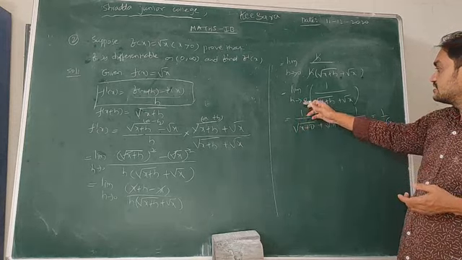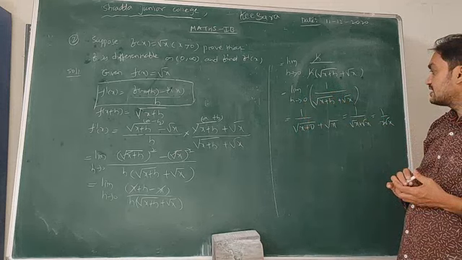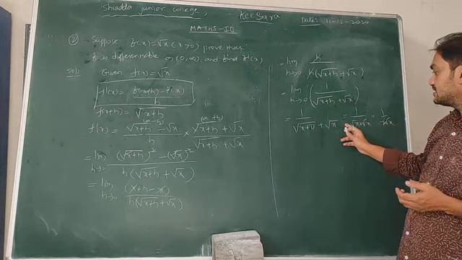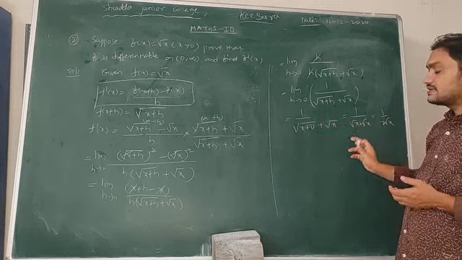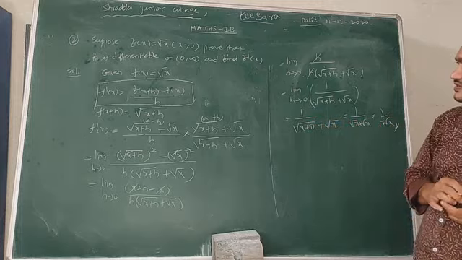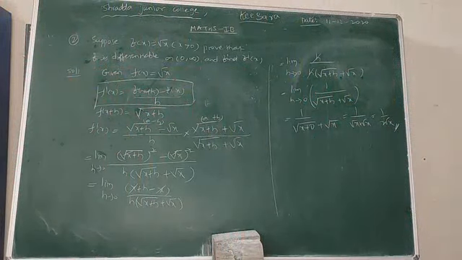Now this is equal to, in place of h we have to substitute 0. So what we are getting here? 1 by root x plus 0 plus root x. 1 by root x plus root x, how much is that? 1 by 2 root x. Now this is our required answer by using the first principle. And next, see.